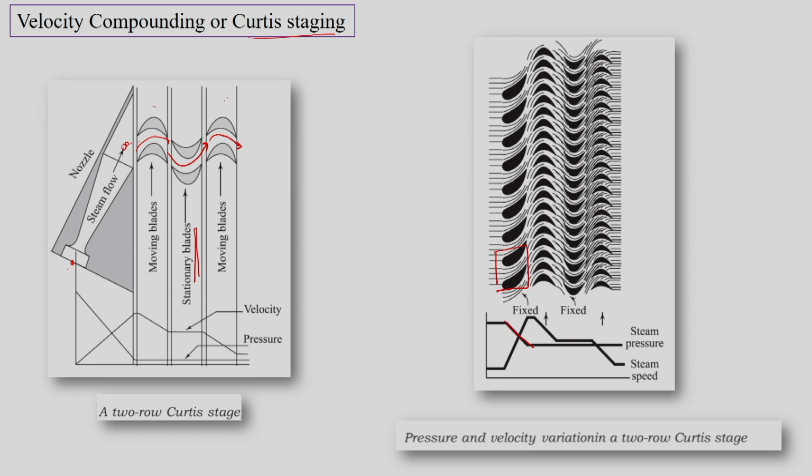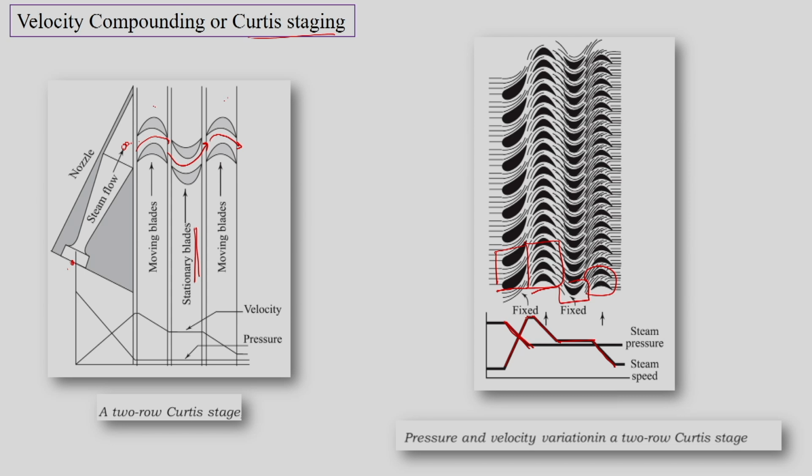where we will have complete enthalpy drop or complete pressure drop. Then in the same nozzle we will first have a velocity rise, and this velocity rise will be decreased in one set of moving blades. Then in the fixed blades or guide vanes there is no change in velocity, and in the next set of moving blades we have the rest of the change in kinetic energy.